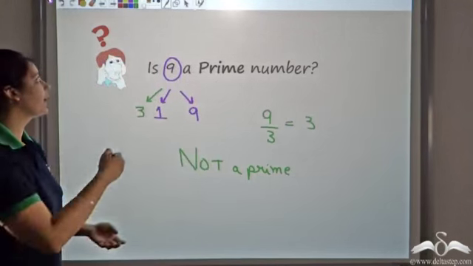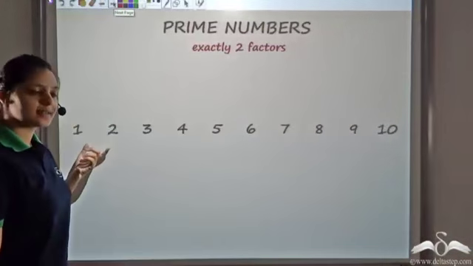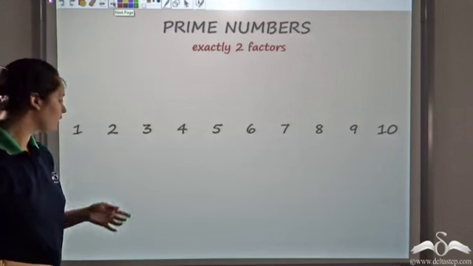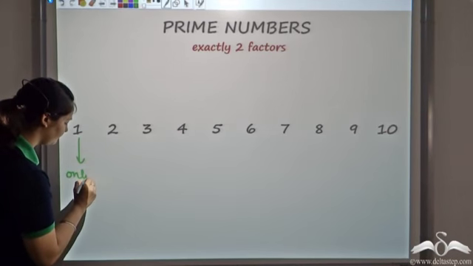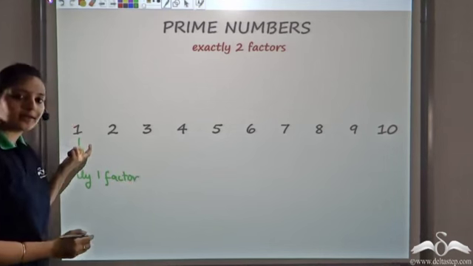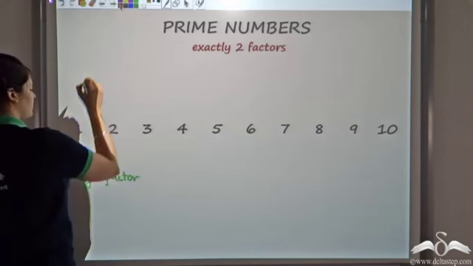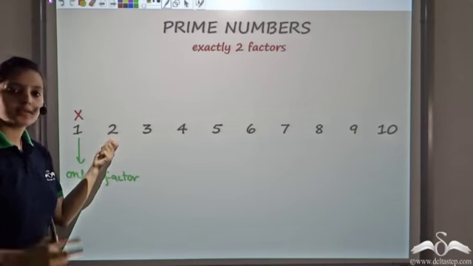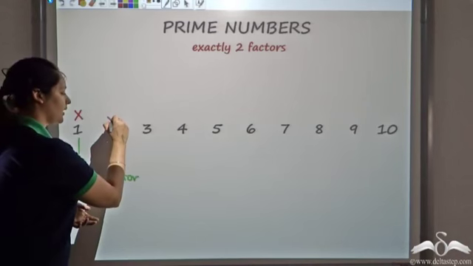So now let us try to find prime numbers from the first 10 numbers. So I have these first 10 numbers listed here. Let us try to find which of these first 10 numbers are actually prime. What about 1? 1 has only one factor, the number 1 and itself, which is also 1. So only one factor. So 1 is not a prime number. 2. Well, 2 has two factors again, 1 and the number 2 itself. Exactly 2, it is a prime.